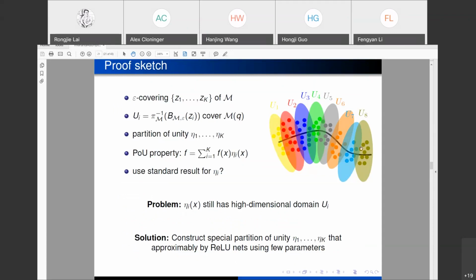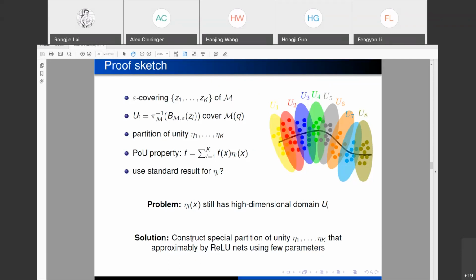if you have a manifold, a very low dimensional object, we want to build a partition of unity on it. That's fine. You can do that by building some charts that cover your manifold, and we'll build the partition of unity eta sub i, right? Then the function can be written as the approximation on this little region multiplied by the partition of unity, summed across everything. That's all fine and good. The problem is, how do you deal with the fact that this ball, this U_i, is still in high dimension? It's still ambient, and it's an ellipse. It's not even a circle. How do we get that elliptical nature while still having the complexity of our network scale with, in this case, k equals